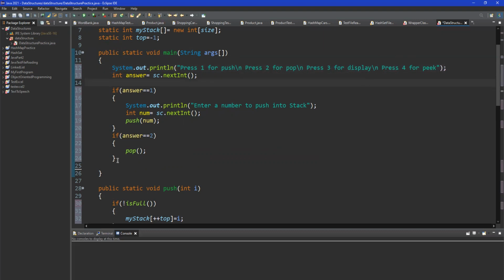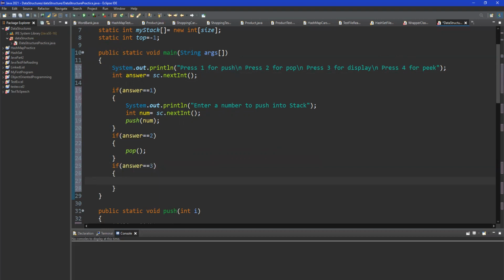Now you can make the peek one here. If answer is equal to 3, then we will call display. 3 is display, so you can call it display, and if we have 4, then we have called the peek. Now this should be displayed whenever